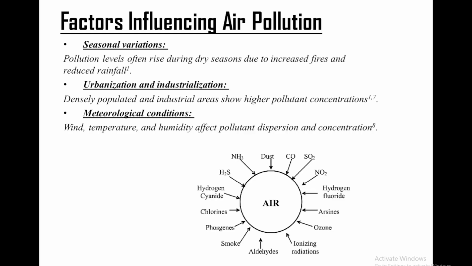These air pollution levels are not solely determined by emission sources. They are also influenced by a range of natural and anthropogenic factors. These factors will affect how pollutants are dispersed, how they are transformed from one type of pollutant to another type of pollutant or maybe a non-pollutant, and how they are deposited in the atmosphere. One of the primary influences is seasonality. Pollution index will change from one season to another.